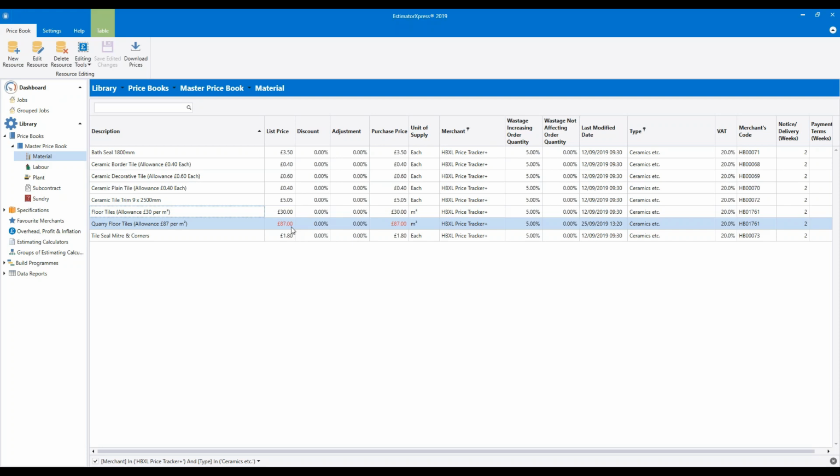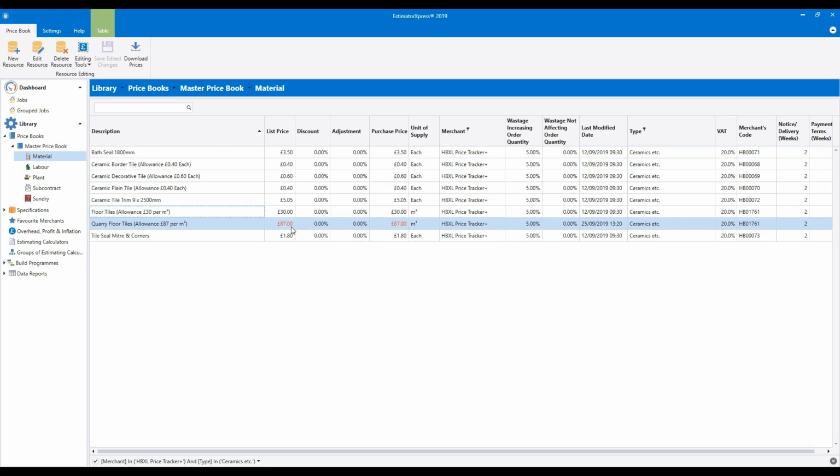If you're using that product in a year's time, you'll want to review the price. So a quick word of warning at this point. You only want to add in products which don't already exist in the price book. Don't add in another version of a product that's already in there. So for example, if you see the building sand bulk bag and you want to put in your own product with your own price, please avoid doing that. What you need to do is edit the existing HP Excel Price Tracker Plus building sand bulk bag to match what you pay, as we've done this afternoon.